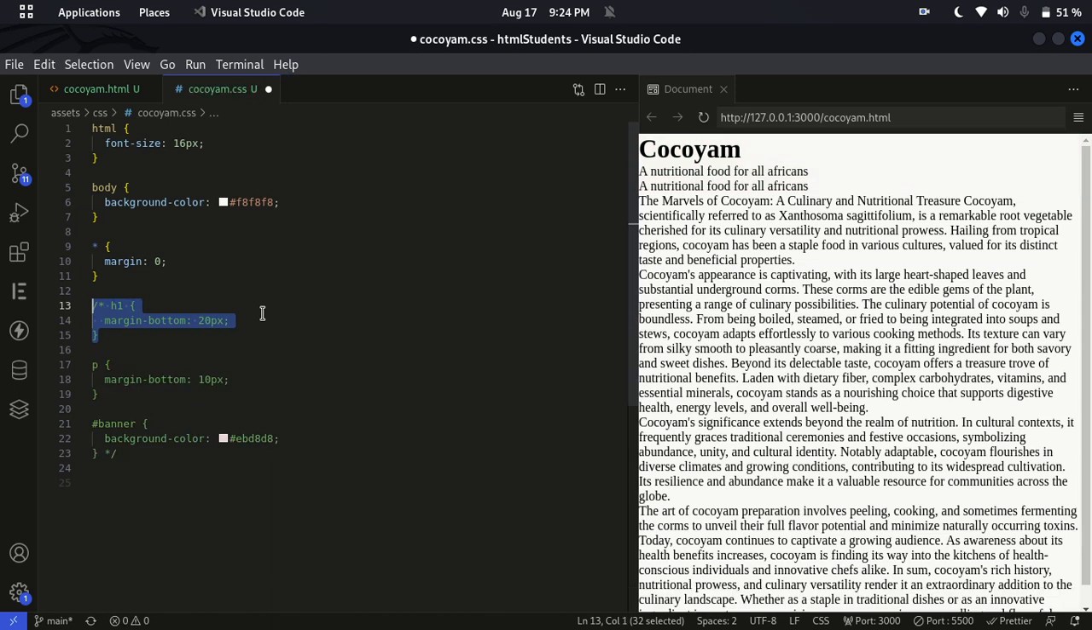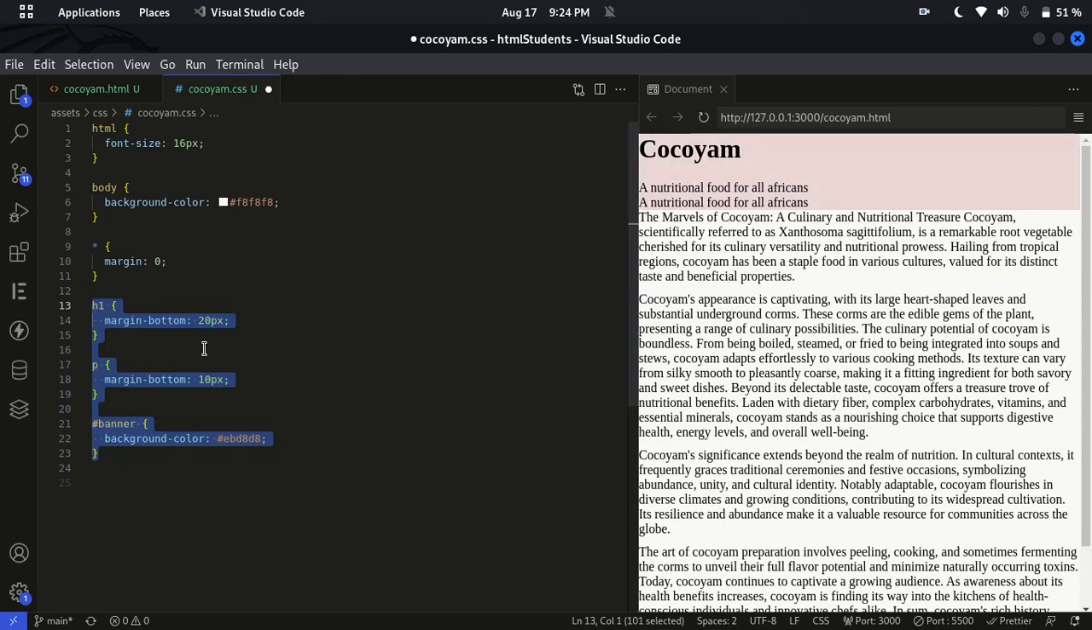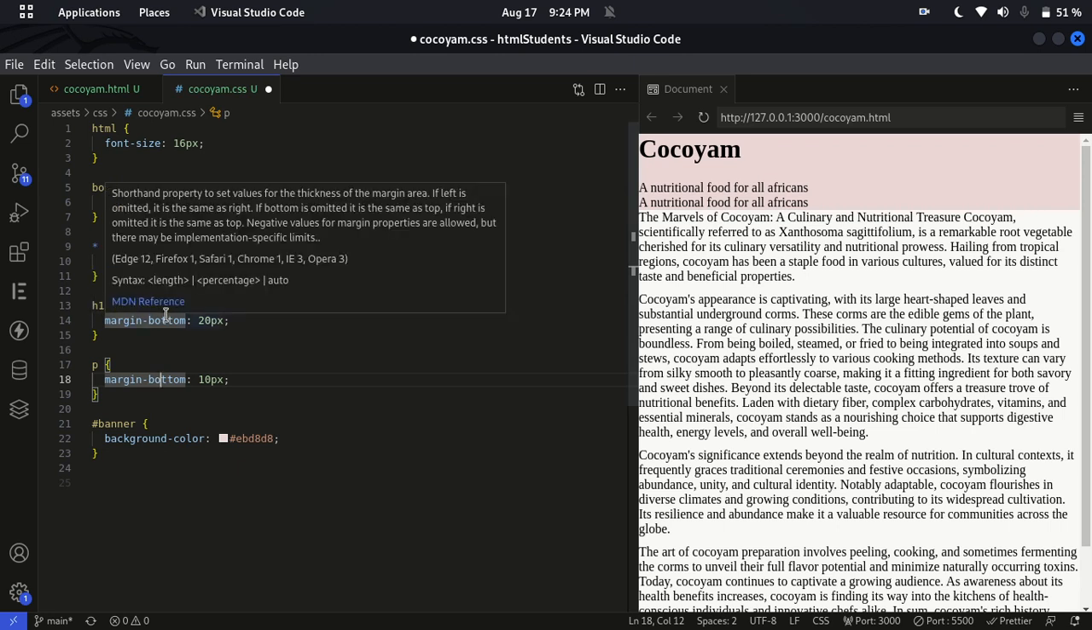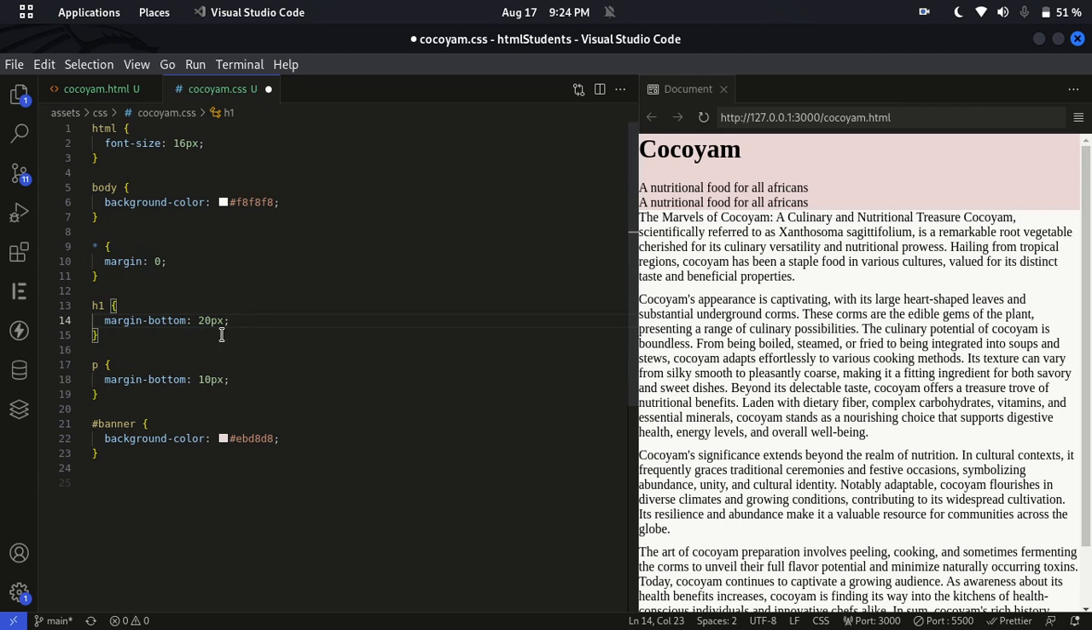Sorry, let me remove this one. I said the heading H1, I want to give it a border of 20 pixel, and the paragraphs I want to give them 10 pixel. Now what we actually want to do here is that we want to use